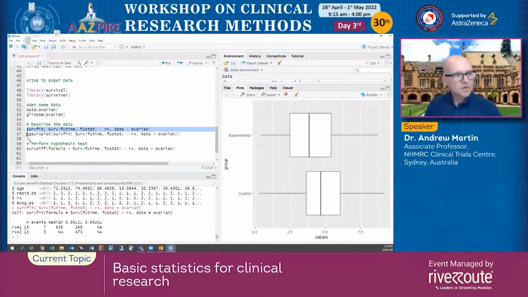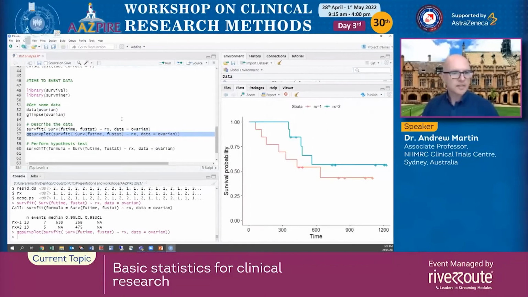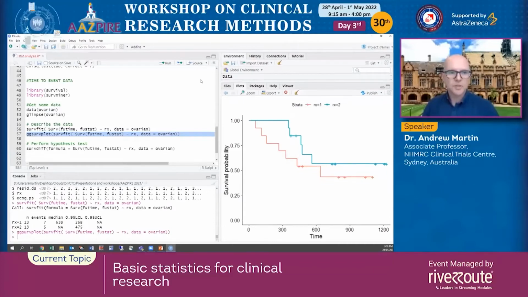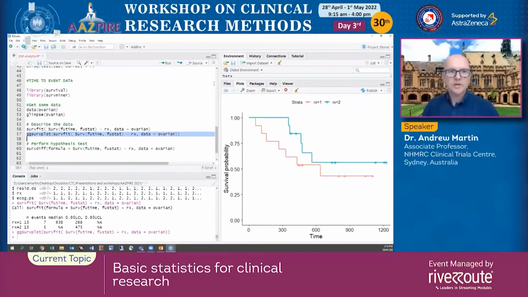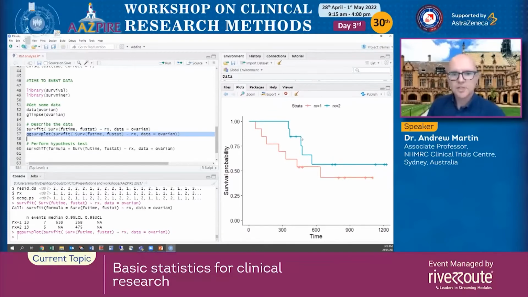We can go on and describe the survival data visually using something called a Kaplan-Meier curve, which you will have encountered in your oncology studies. And you can see the blue line is showing the survival curve for group 2, the red line for group 1. And just to spend a moment interpreting these, we've got survival probability on the vertical axis, so it's 100%